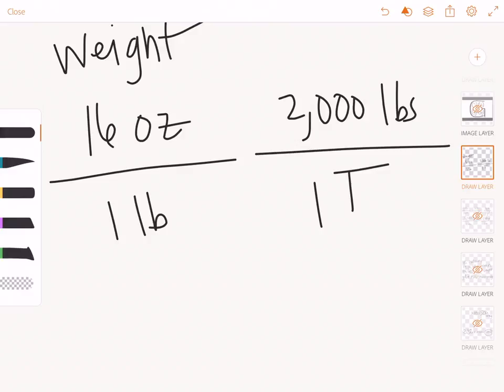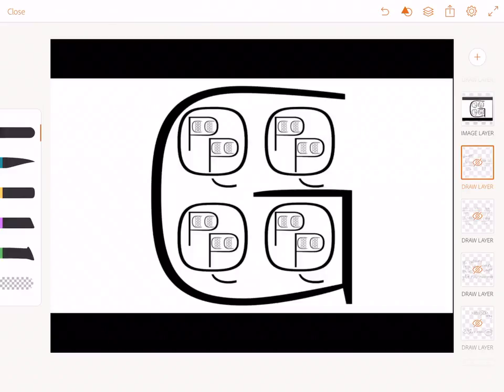When we get to capacity, we have another little fun story that will help us remember because there's a lot more of them. We have gallons, quarts, pints, cups, and fluid ounces. So here's our story. We have another king. This is King George. This big old G stands for George. King George had 4 queens. You can see the 4 Q's inside of him, 4 queens. That means that